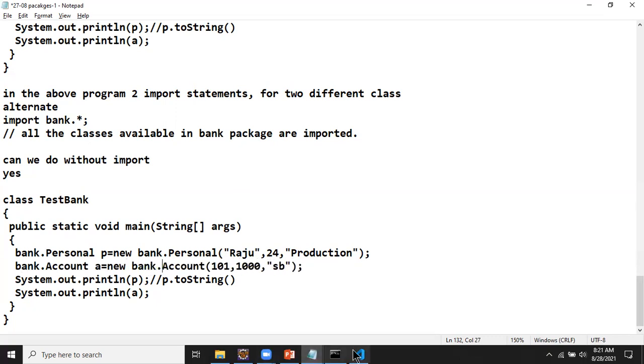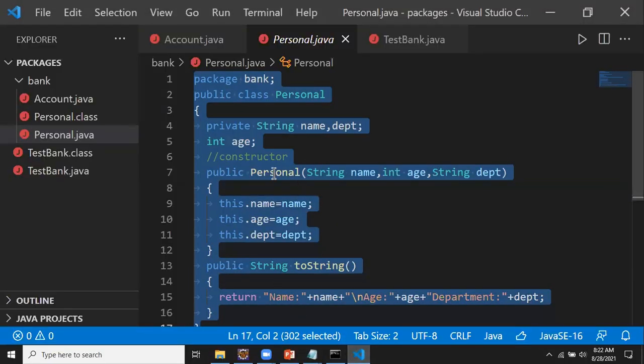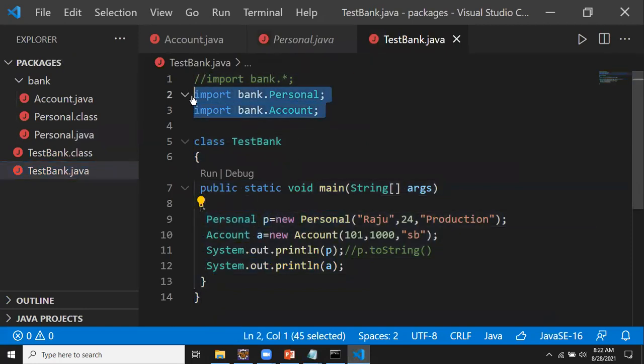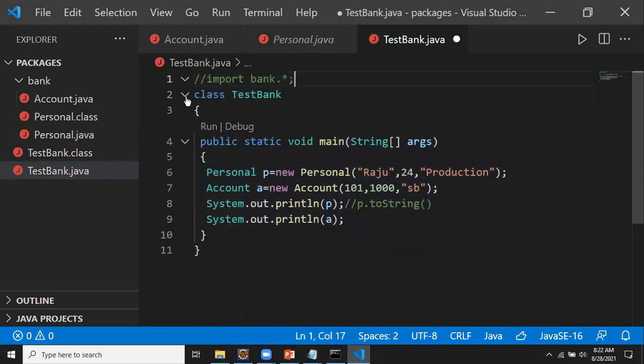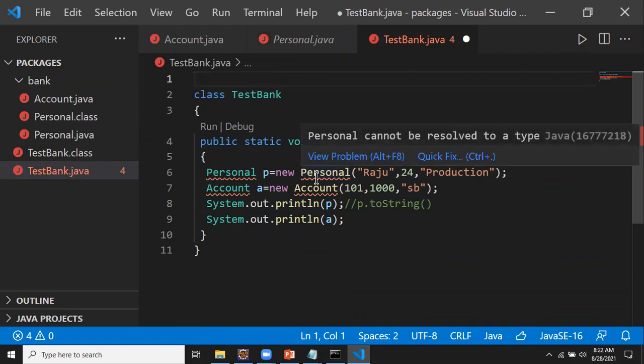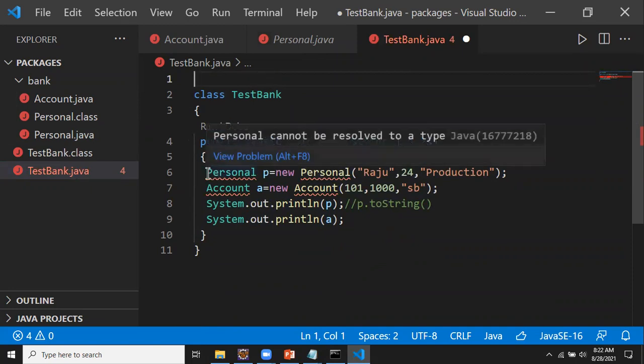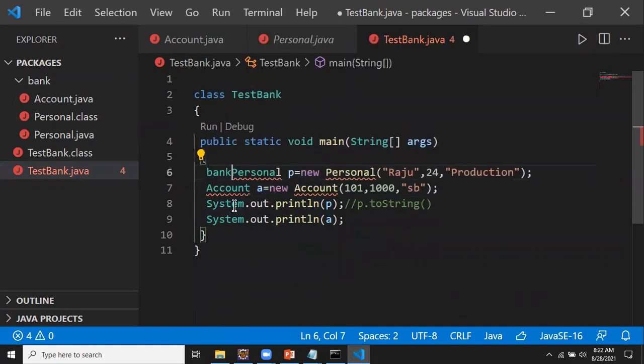So this will work for me. Now let's see the code. I'll go to my Java class, that is TestBank.java. Here I'll remove all the import statements. When I remove them, you see immediately the IDE recognizes something wrong with the Personal class. So now I need to write bank dot.